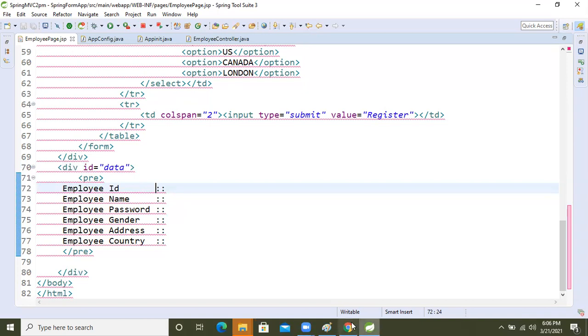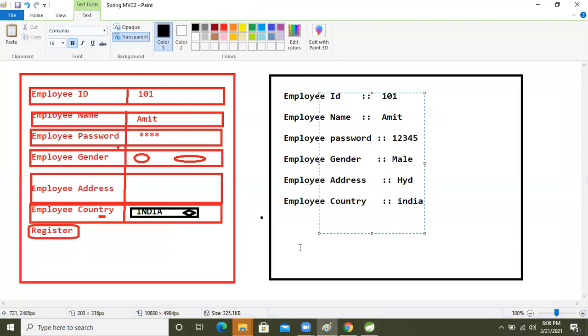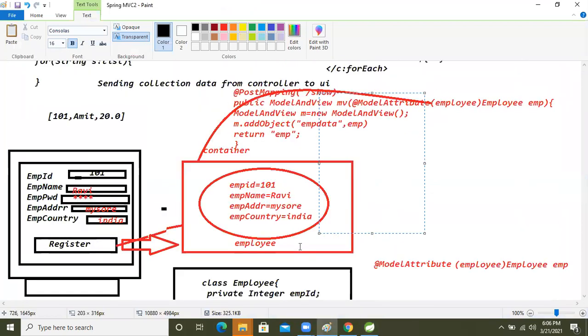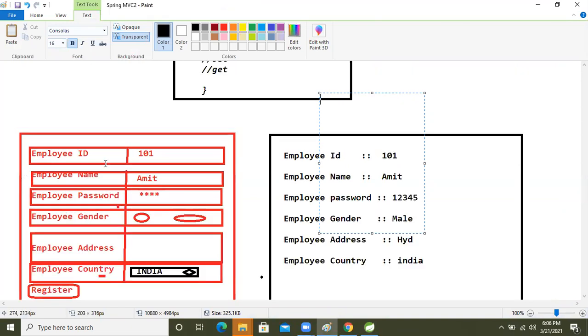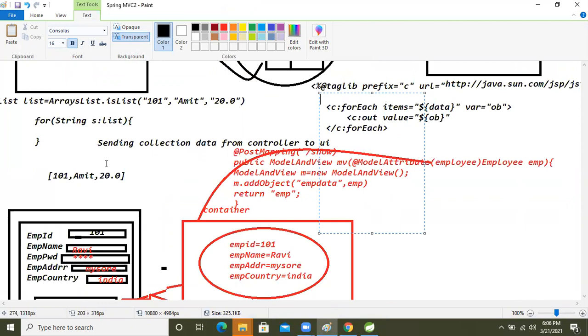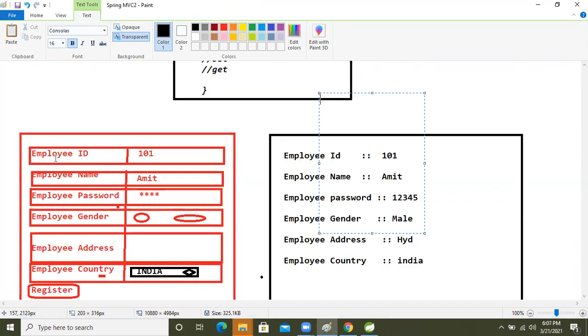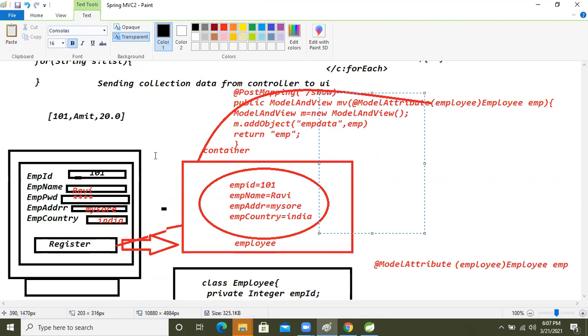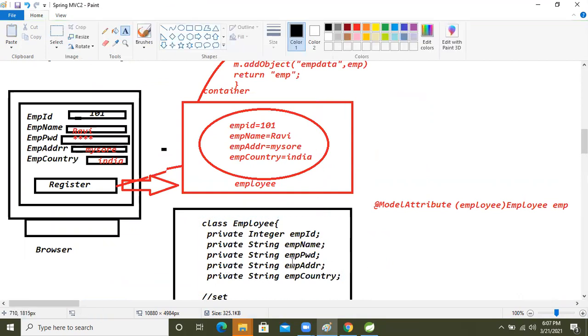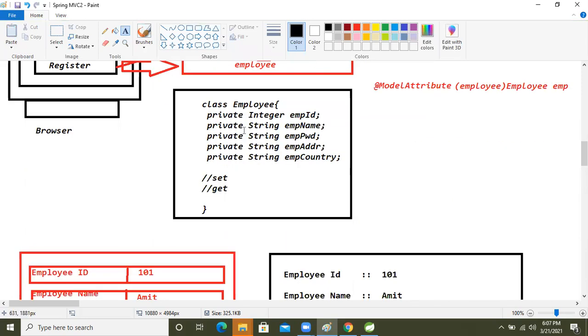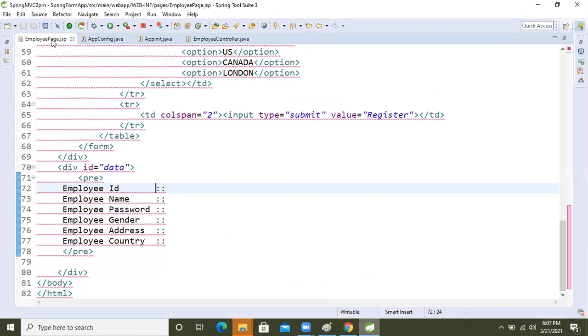So come to our image. Based on this one, we designed this form. So I said, right? Based on this one, this is the model data. So how will our container be created? We need to create one model class, right? Form equals model class, I wrote it initially. So what we will do now, we need to create this employee class object in the project. So let's develop that.